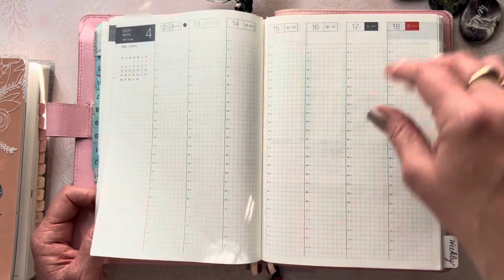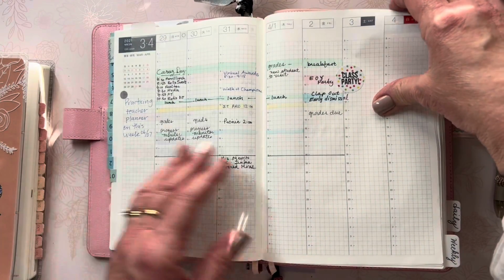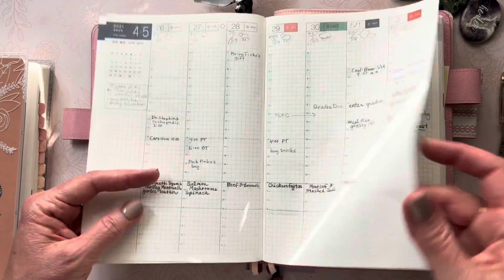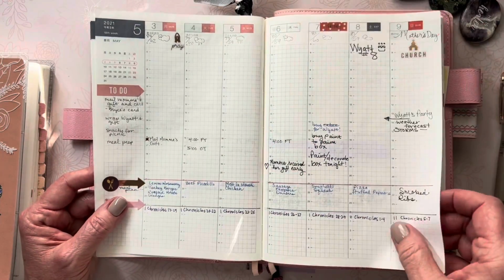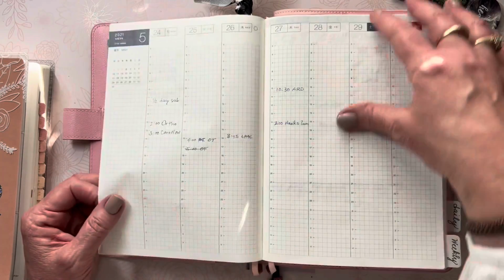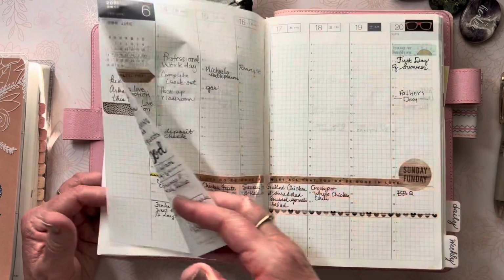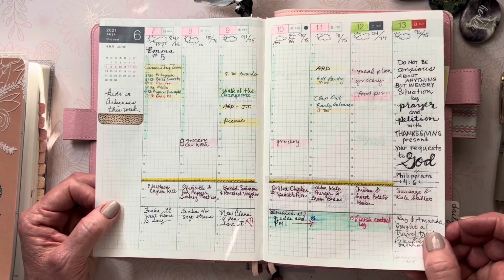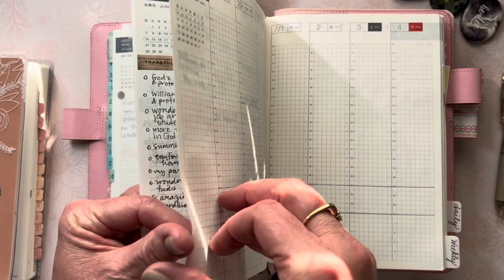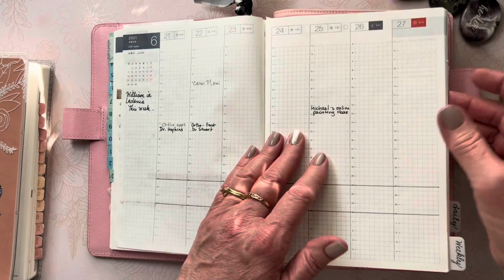So again, I was just using highlighter and pen. Highlighter and pen. Nothing much there. And so May is about, okay, a lot more highlighter, a little bit of washi tape, pen and washi tape, and then I had a gap, and I started using,